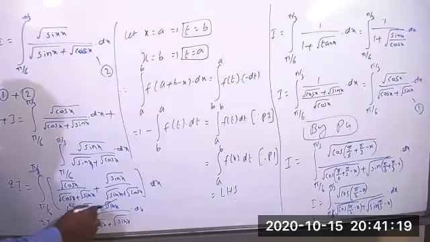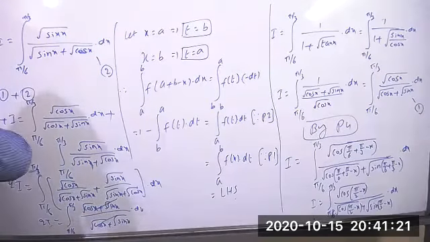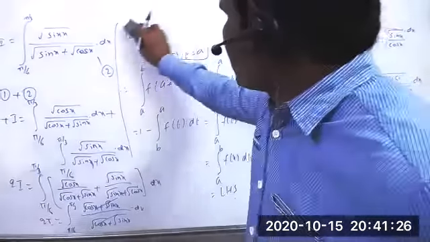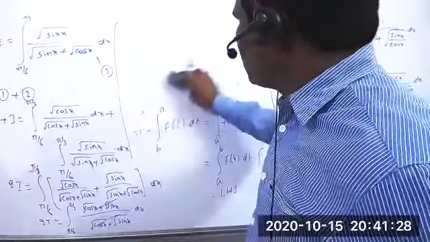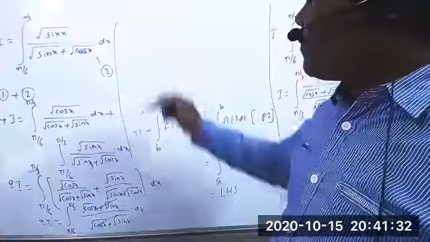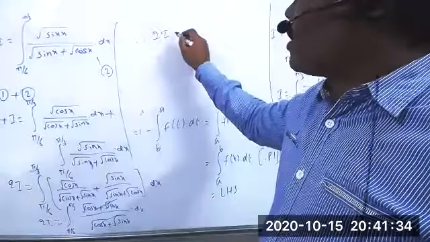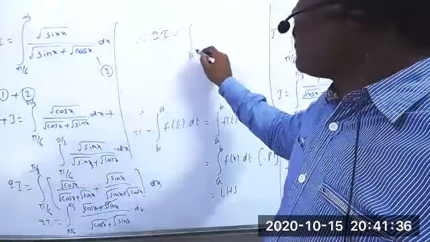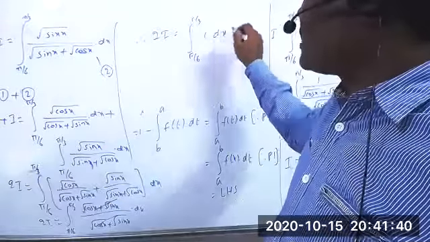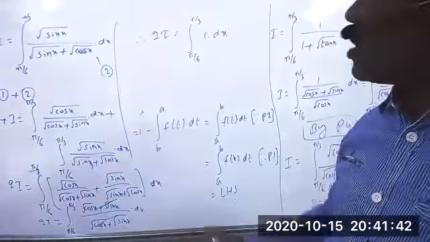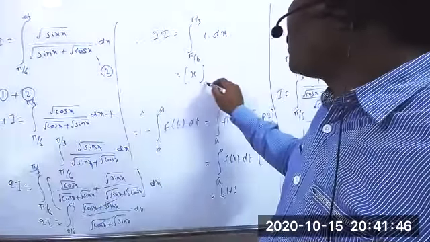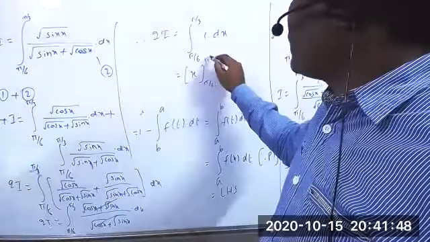Clearly the two values are cancelled. Now we can write the final step. So therefore, 2I is equal to the integration of pi by 6 to pi by 3, 1 into dx is the remaining. Integration of 1 is equal to, we know very well, x only. So you can write now x from pi by 6 to pi by 3.